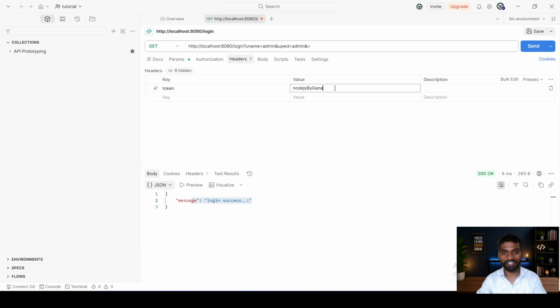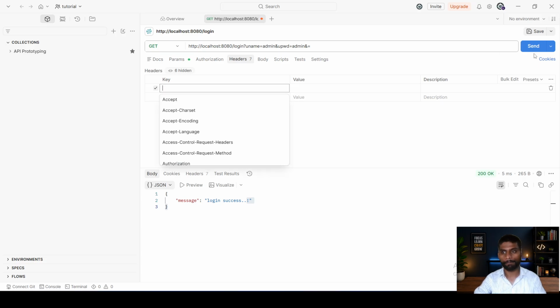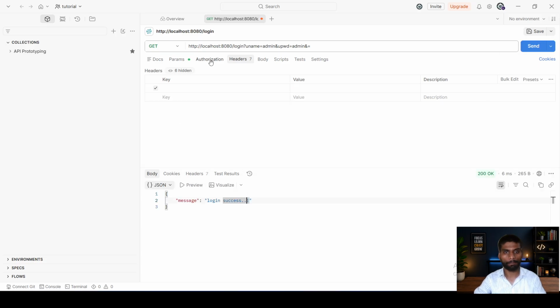If I change the header and then send, then definitely I will not get it. If I am getting login success, then also